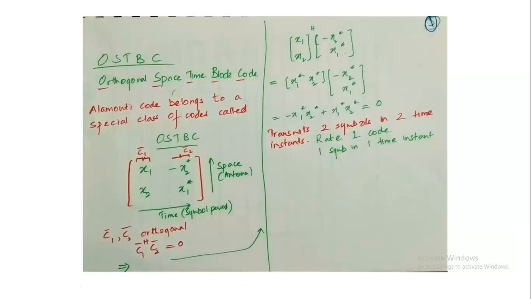We also assumed that when we transmit the signals and when they are received, the channel does not change during that instant. That is a very important phenomenon that has to be assumed in space-time block codes. So in this case, when you're transmitting one symbol or a block of symbols, the channel should remain the same. It should not change. Otherwise, the channel estimated at the receiver would be outdated.